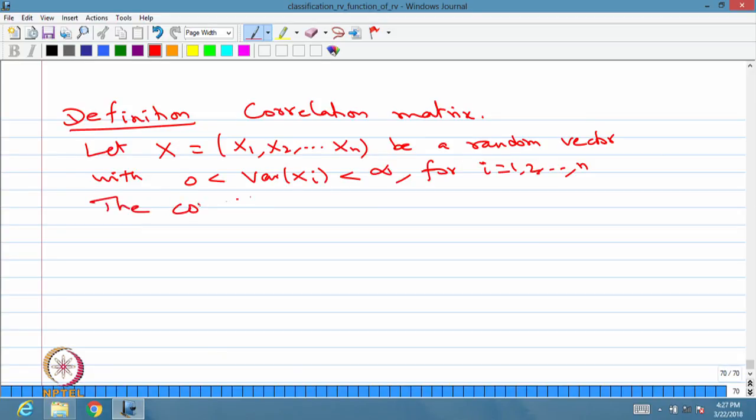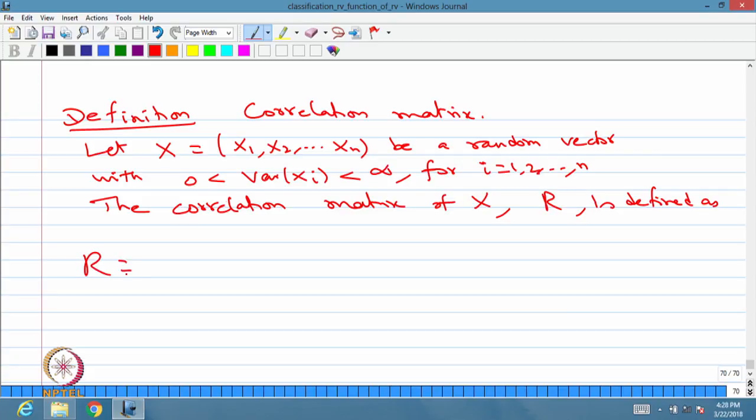Then the correlation matrix of the random vector capital X, which is denoted by the matrix capital R, is defined as follows. Earlier we used the notation sigma for the covariance matrix, and here we are using capital R for the correlation matrix, whose elements are: